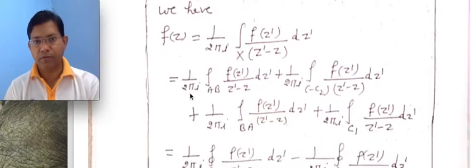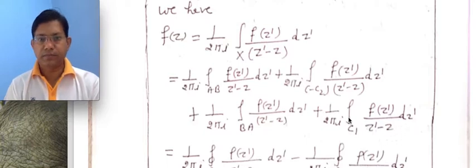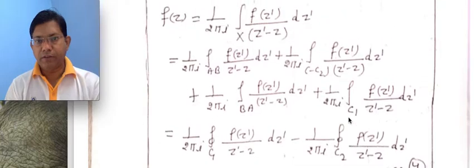This can be written as 1 upon 2πi integral over AB f(z') upon (z' - z) dz' plus 1 upon 2πi integral over minus C2, because this is clockwise direction, so for integral we are taking minus C2, f(z') upon (z' - z) dz' plus 1 upon 2πi integral over path BA f(z') upon (z' - z) dz' plus 1 upon 2πi integral over C1 f(z') upon (z' - z) dz', which is equal to 1 upon 2πi finally,